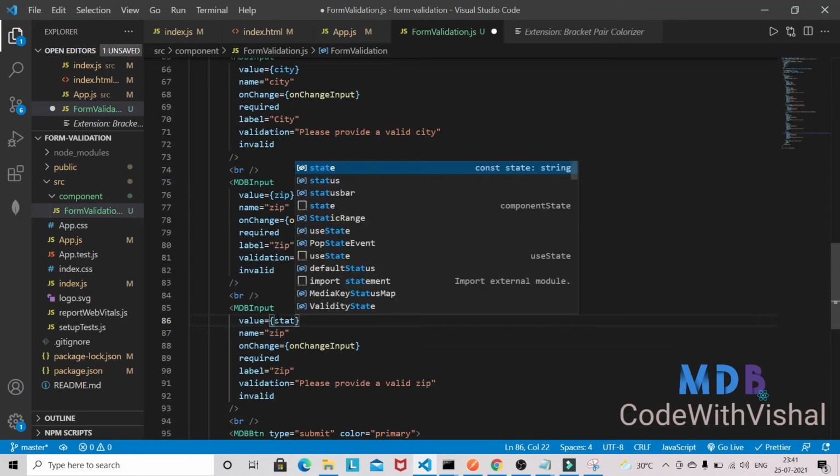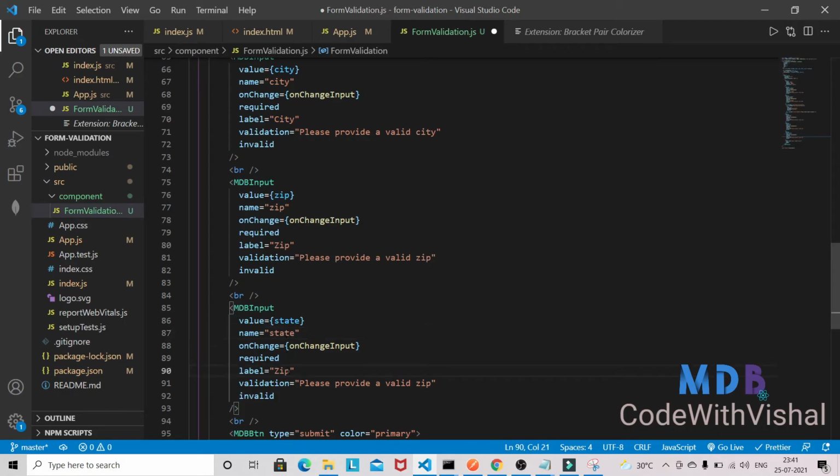So state, label will be state, and the message will be like, please provide a valid state.